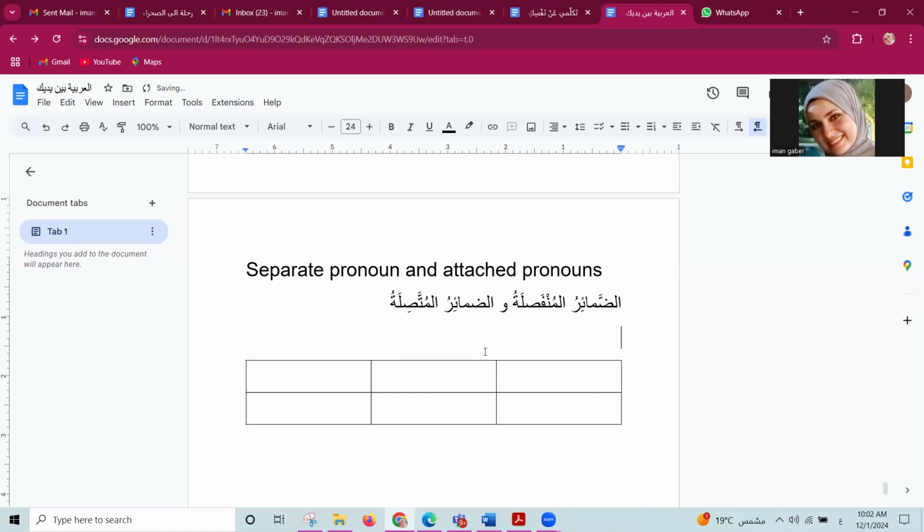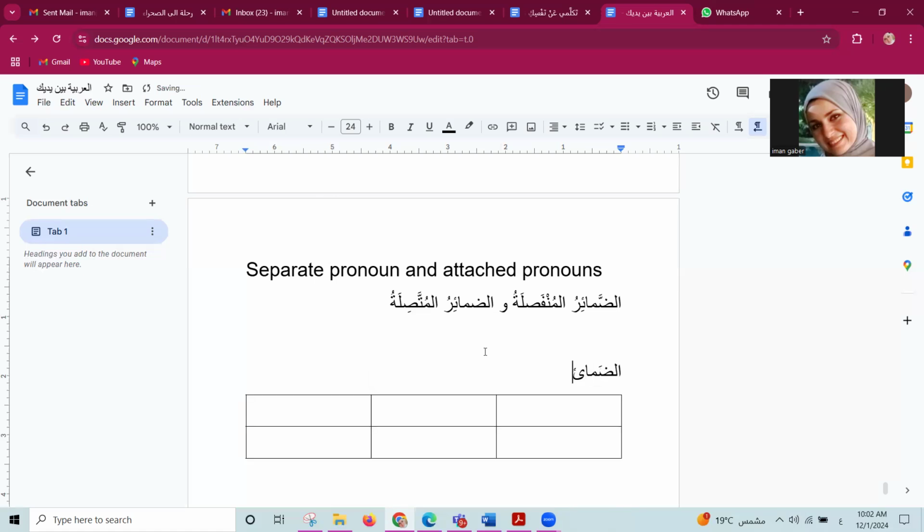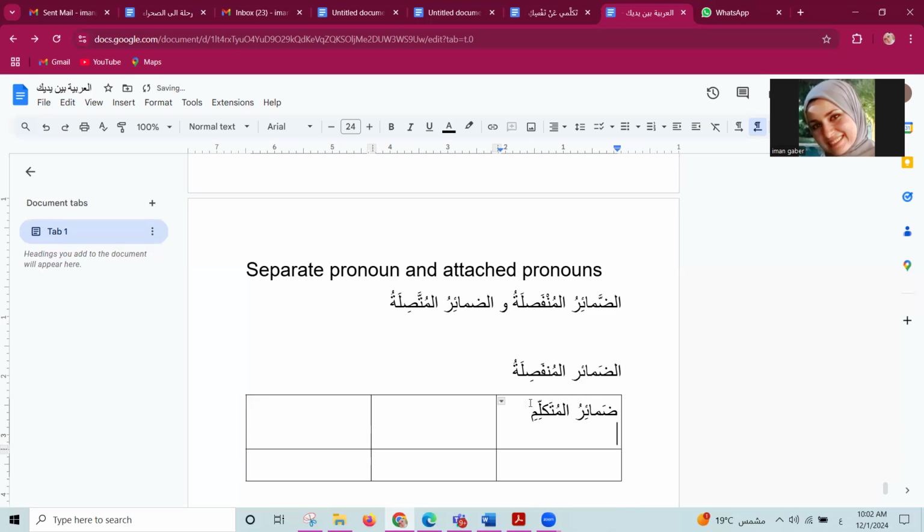Okay, so this is الضمائر المنفصلة. First of all, we divide the separate pronouns, or الضمائر المنفصلة, into three categories. The first category is ضمائر المتكلم, which means the first person pronouns. The second person pronouns, we call them ضمائر